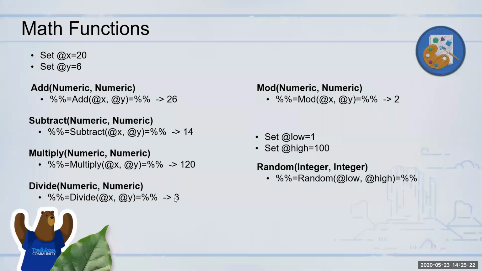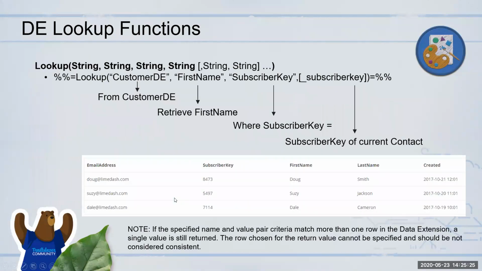Okay, now to the more exciting ones that you will use, especially when you have data that you want to bring in from your data extensions. In this case, we'll first look at the lookup function. Those of you who have worked with Excel and done VLOOKUP, this is quite similar to that. If we have a data extension like this one that I have here for a sample, I want to retrieve a single field from the data extension based on some condition. That is what lookup is for.